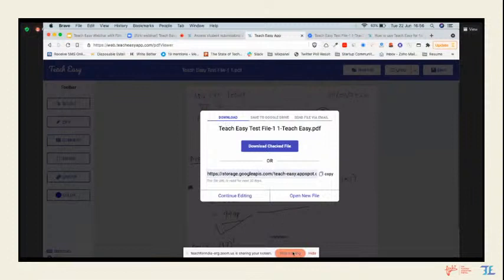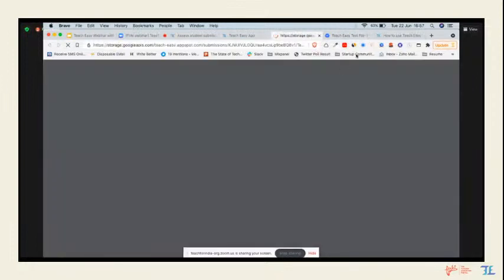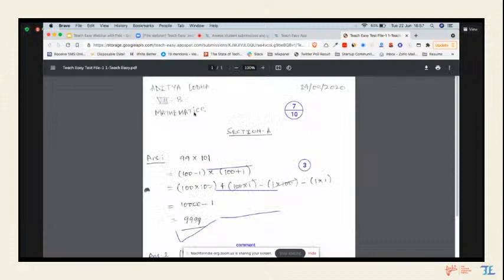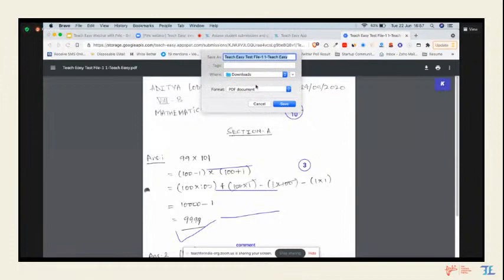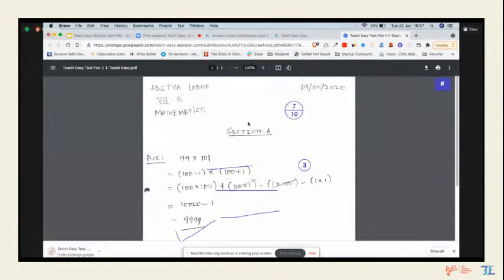So you mean to say if I download that file and open the downloaded file from my desktop, it will not edit, but if I go to the saved files one, it will edit. Okay, let's try that. Let's download this checked file. I'll close the other tabs so that we are on the right tab. See, 7 out of 10 we have given. I'm downloading it in the downloads folder and saving it.